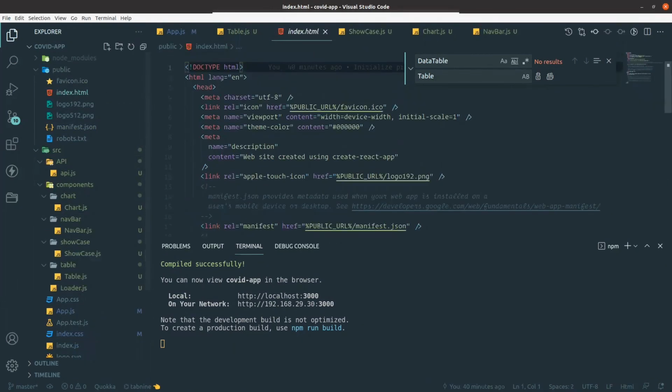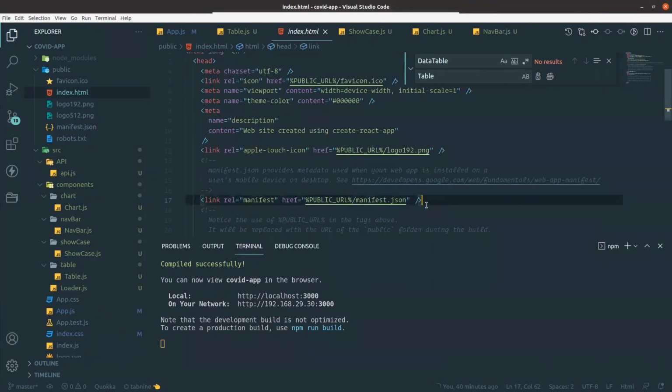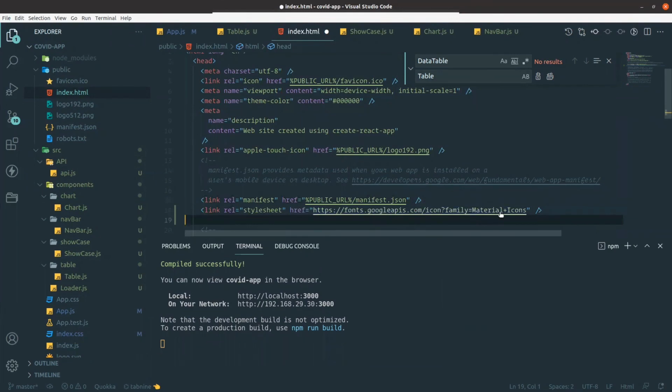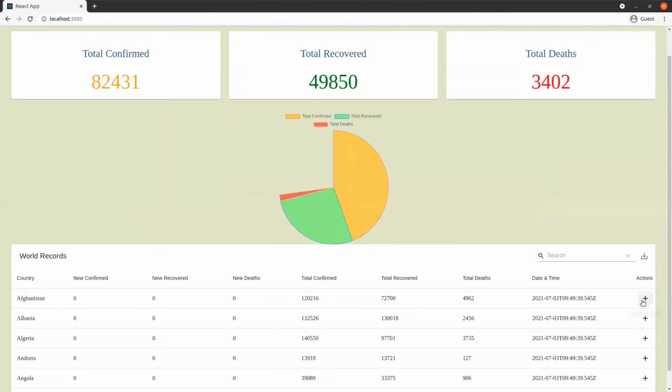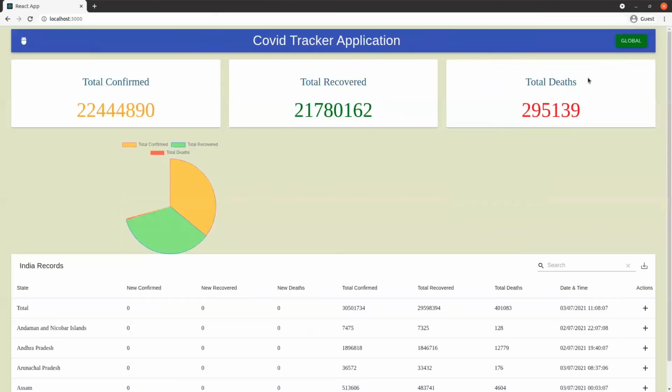Go to public, then index.html. Here I need to add these things. Okay, now you can see those icons came. So everything is working fine.